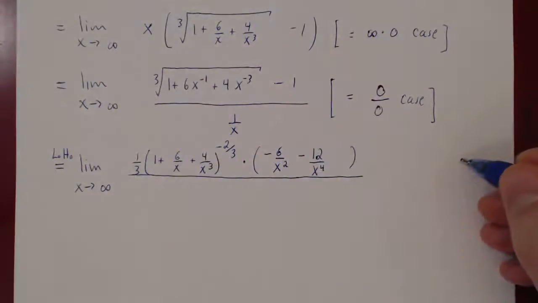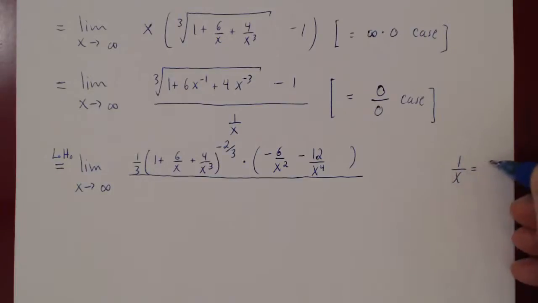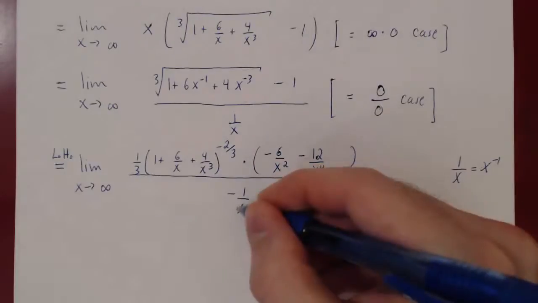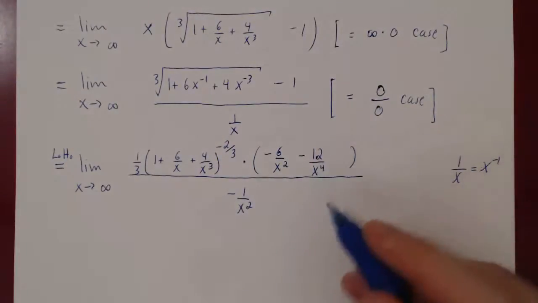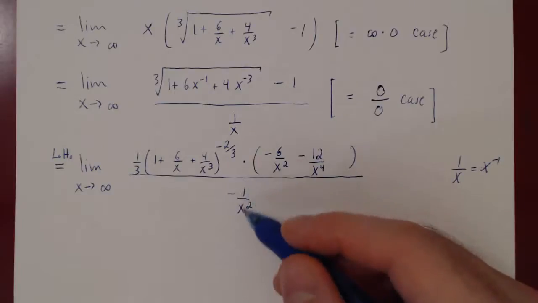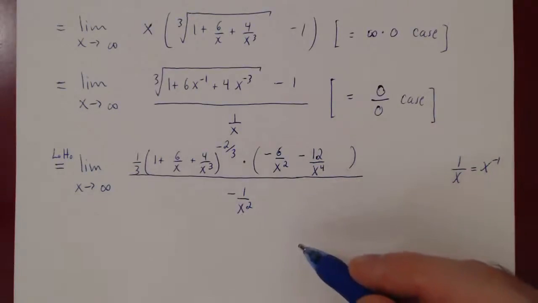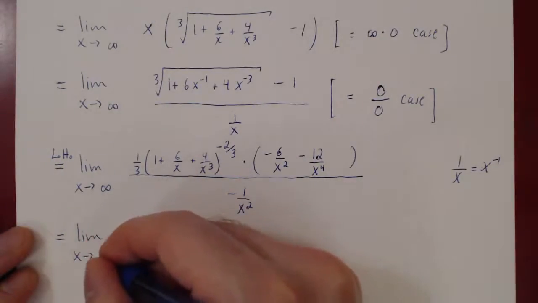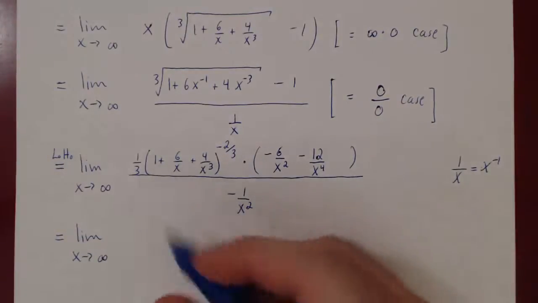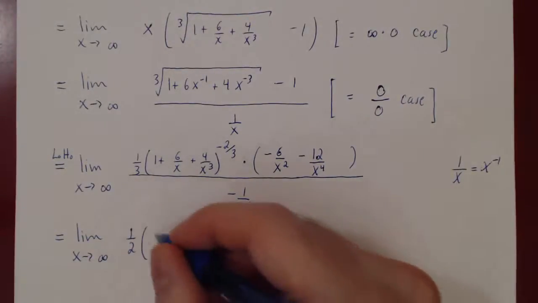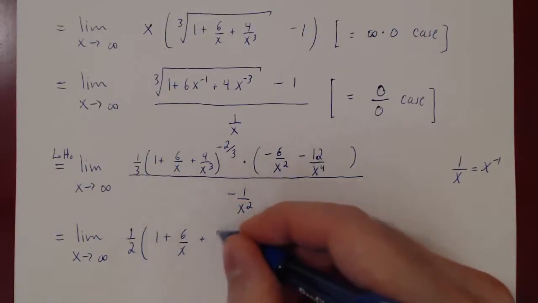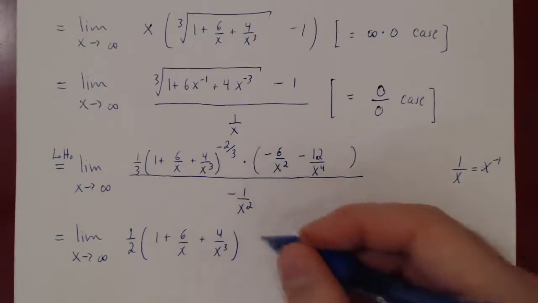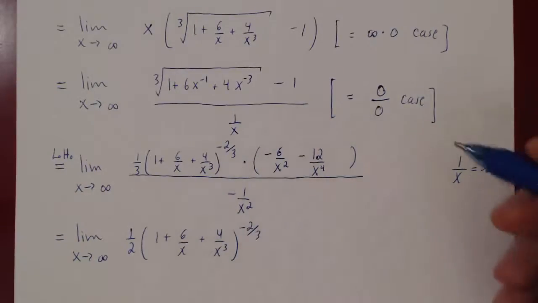This completes the chain rule, the differentiation of our numerator over the derivative of 1 over x. But again, as we have done before, 1 over x is just x to the negative 1. The derivative of this is negative x to the negative 2. Send this, then you get negative 1 over x squared. All right, let's clean this up. If you divide by a fraction, you will multiply by the reciprocal, right? So we'll have here 1/3, 1 plus 6 over x plus 4 over x cubed to the negative 2/3 power times,